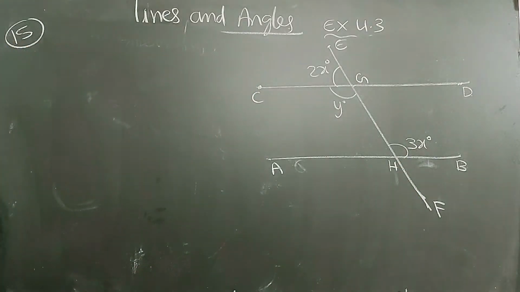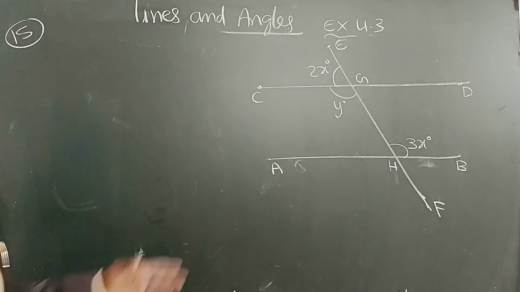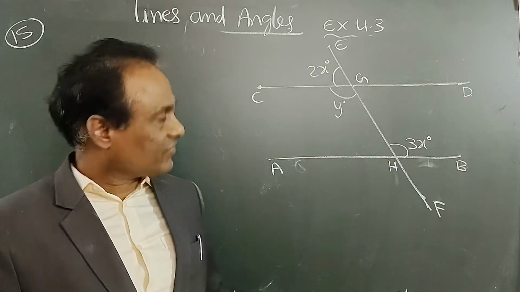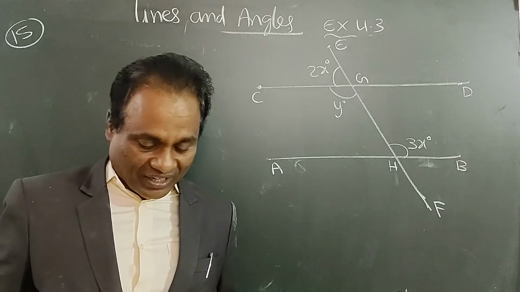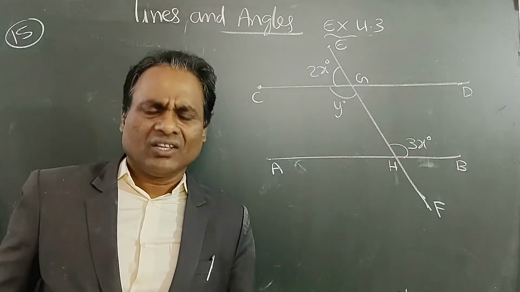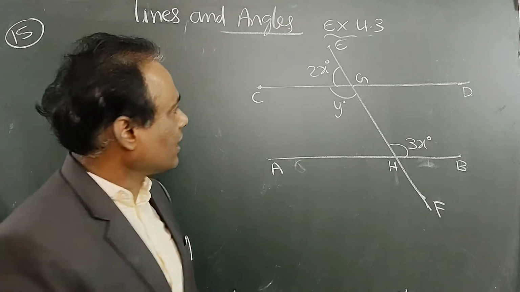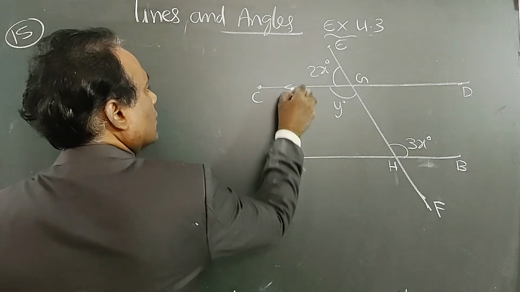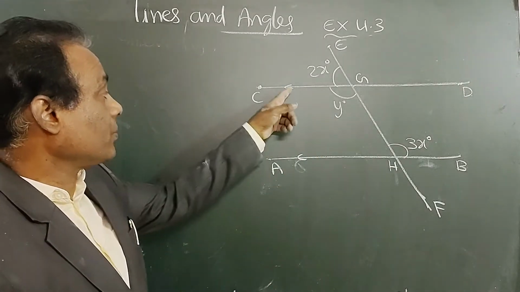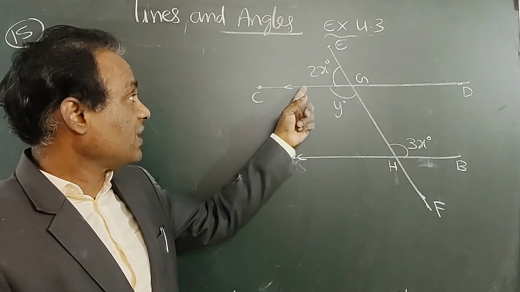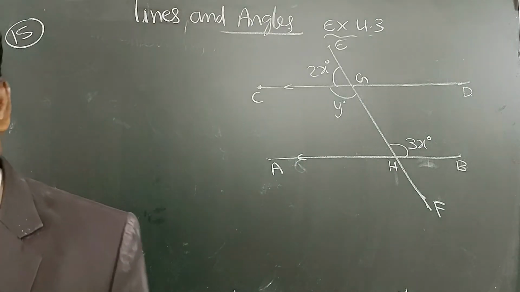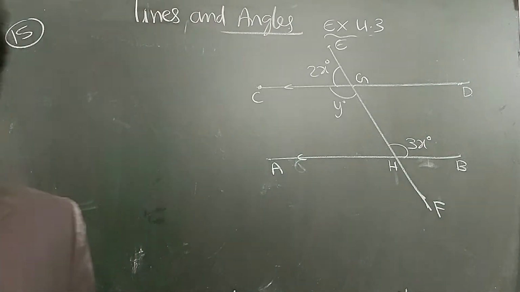See, this is the given diagram, so there is no need of explaining the diagram because the diagram is given. We just have to find the x value and y value from this diagram. Why the line is drawn like this, all this is not needed. Directly the diagram is given and you have to get the idea that these two are parallel because the arrow mark itself represents parallel lines.